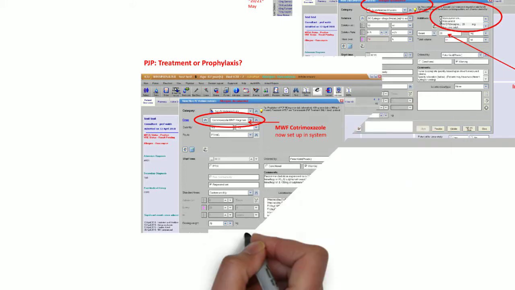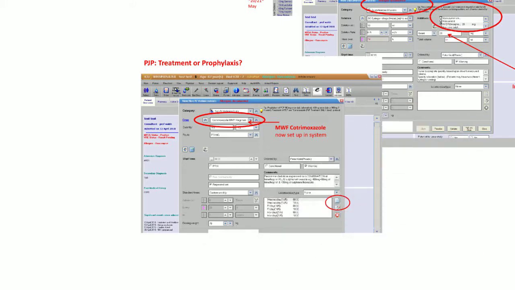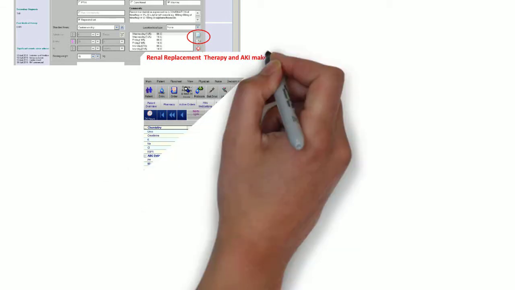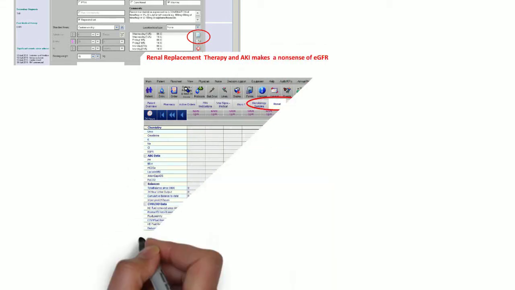And giving drugs Monday, Wednesday, Friday, for example, is particularly problematic. To do this, we edit the schedule down the bottom right-hand corner. To make it easy for you, we have customized a Monday, Wednesday, Friday cotrimoxazole, which is already